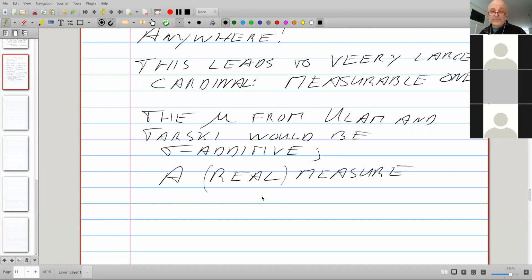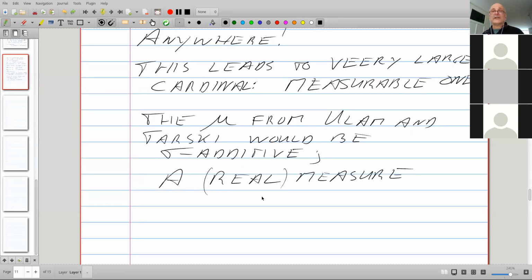And that's where the term measurable cardinal comes from. There is a function, 0, 1 valued, that acts like a measure.